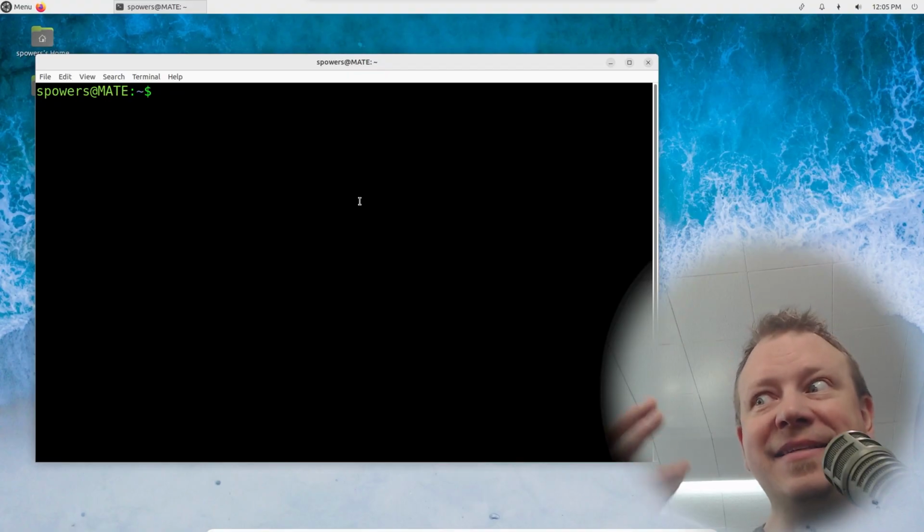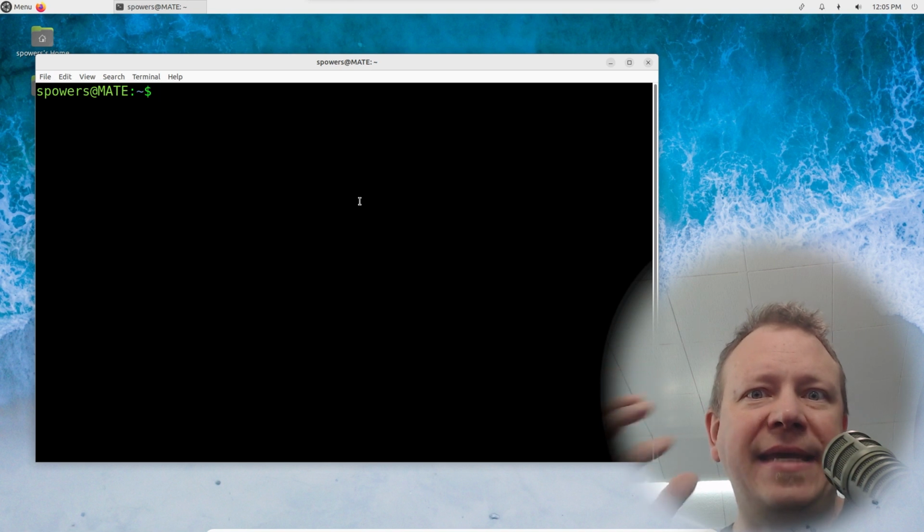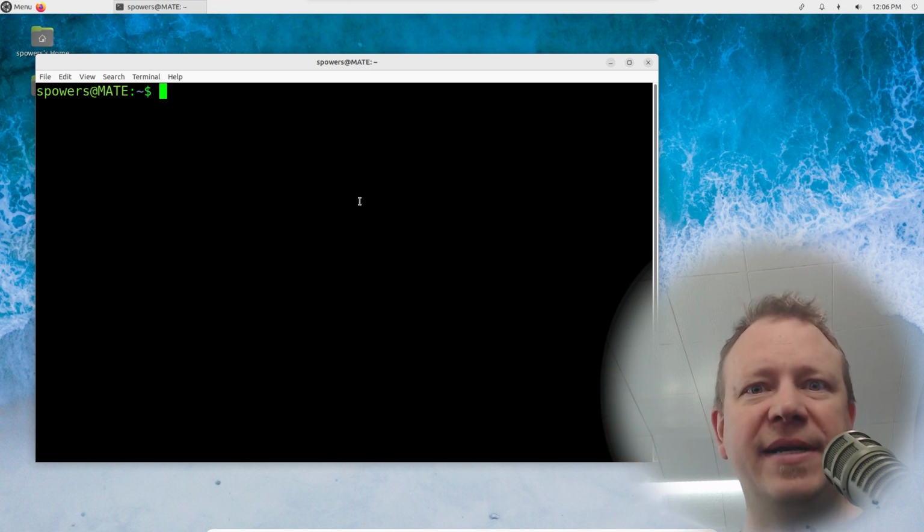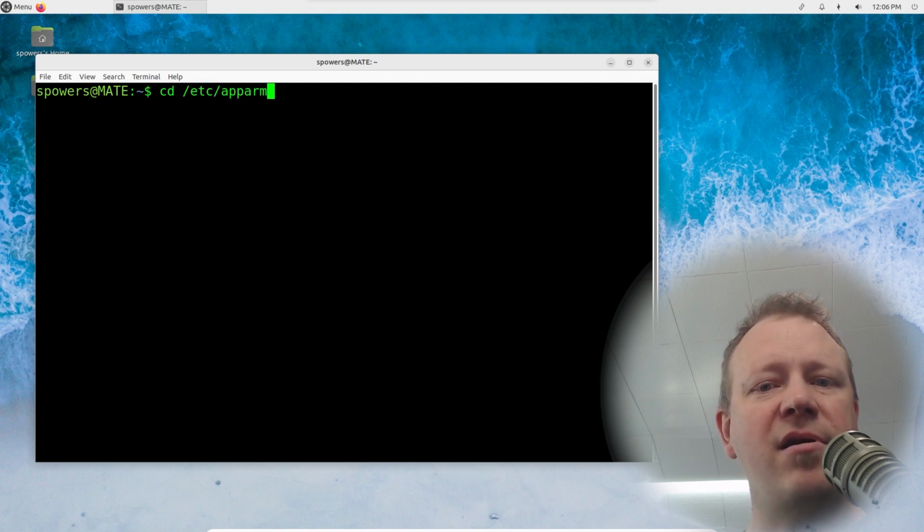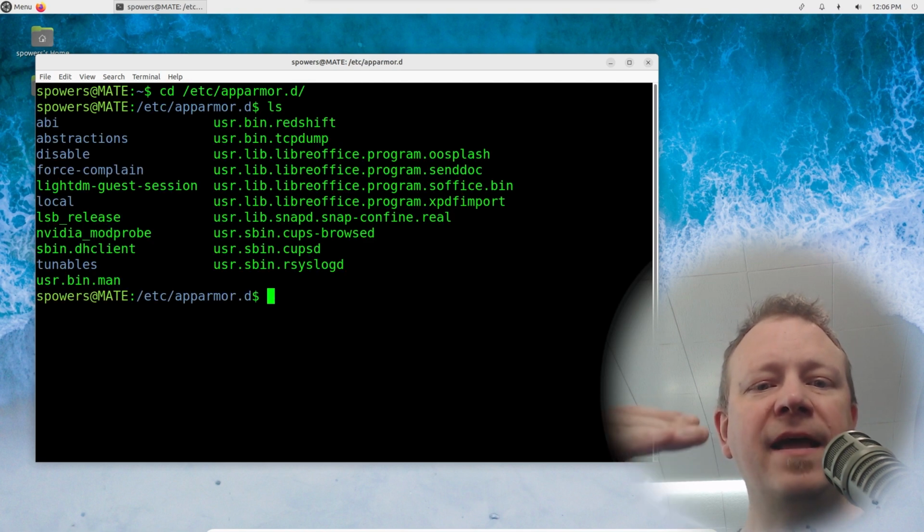Anyway, when we look at AppArmor, again, I think it's so much simpler than SELinux. And like I said, it defines things the other way. You take each individual program and define what it is allowed to handle. And we can look at profiles in the /etc/apparmor.d folder. And in here, there are some folders that we'll touch on a little bit.